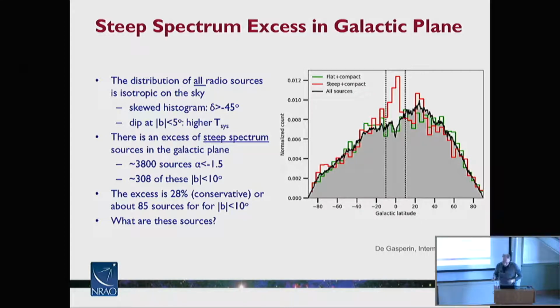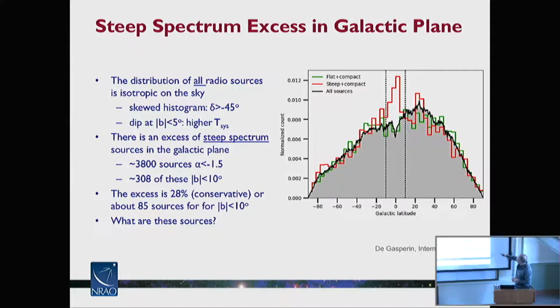All right, so the third and interesting result I wanted to report comes out of that spectral index catalog that we produced of the 1.4 million sources between NVSS and TGSS. There's something very curious going on here: you can take those 1.4 million sources and plot them any way you want. I'm plotting them here as a function of galactic latitude. So follow the black line. This is all the sources, no matter what their spectral index, as a function of galactic latitude.